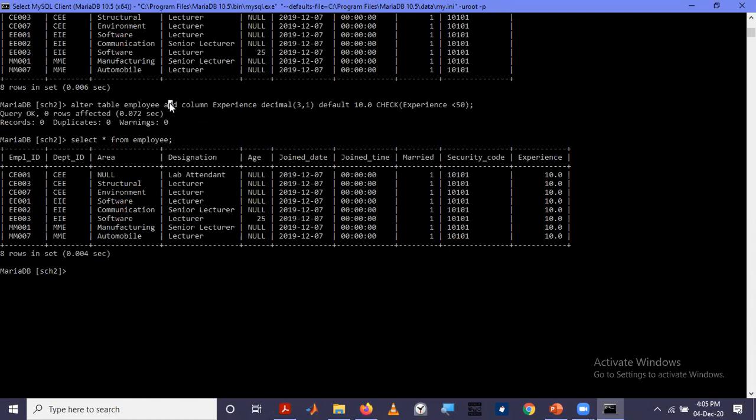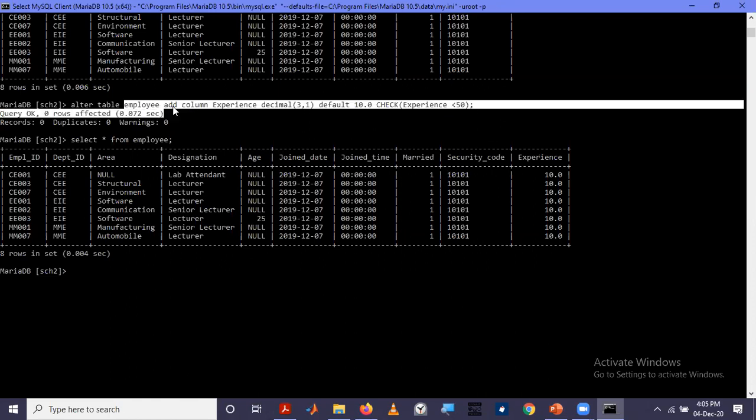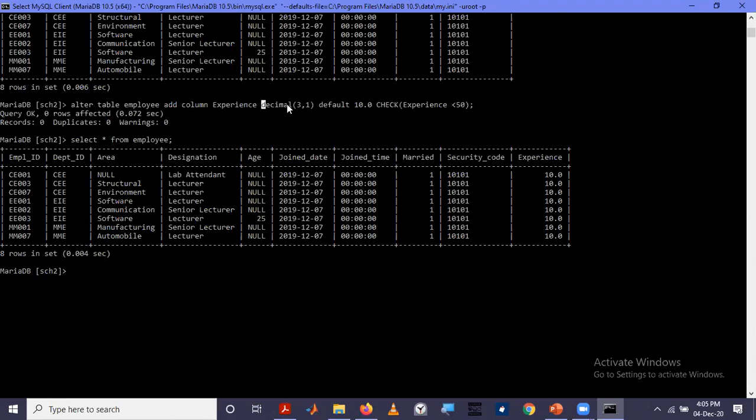It is nothing much difficult. So you have to use alter table, the name of the table, then add column, then column name, then data type. If there is a default constraint, you have to specify that one, and if there are additional constraints, you can specify using the check keyword.